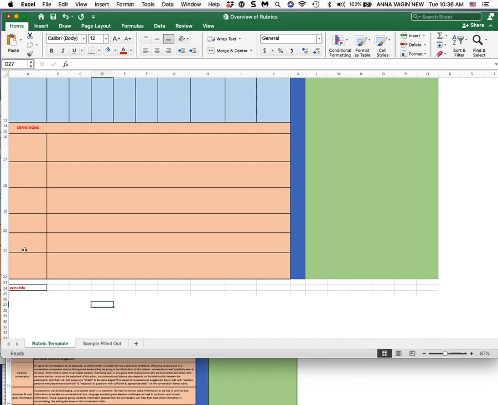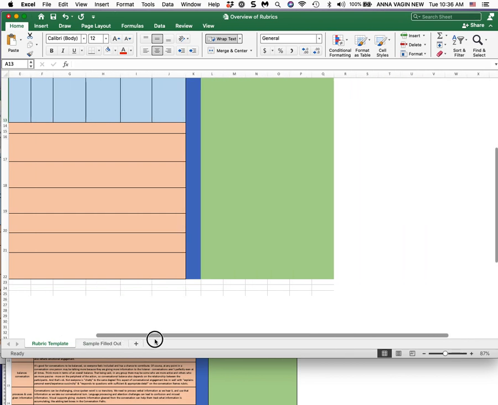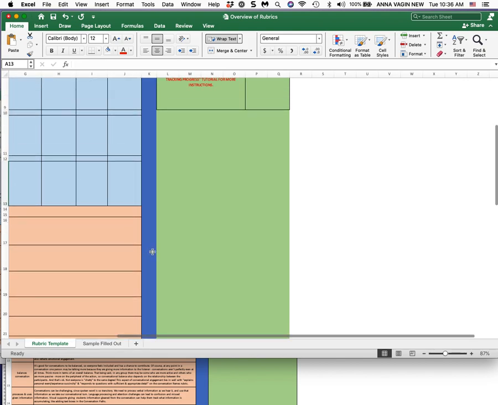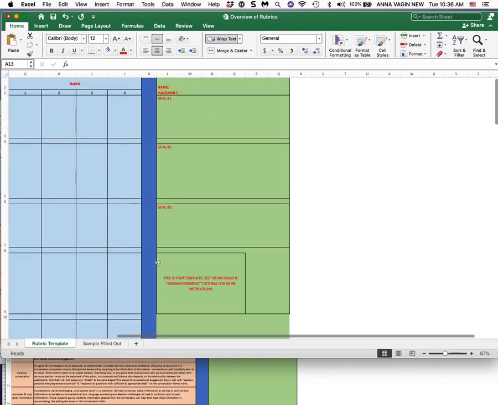What are you specifically talking about in a concept that's listed above? We all want to make sure we're on the same page. So the definitions are listed in this peach area. Down below on the rubrics, there's a little bit of extra information, typically a link where you can get more information.